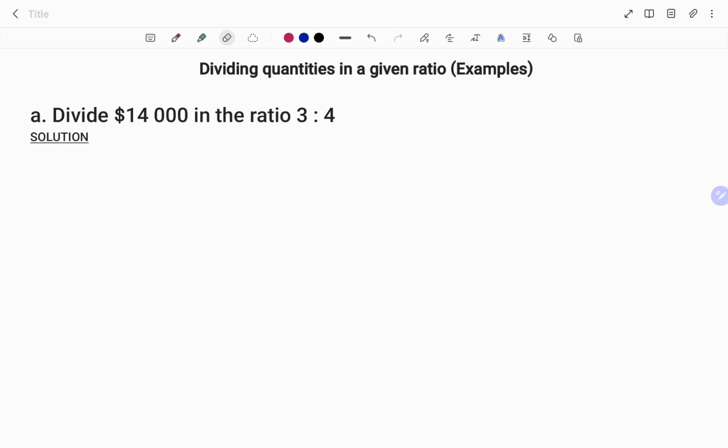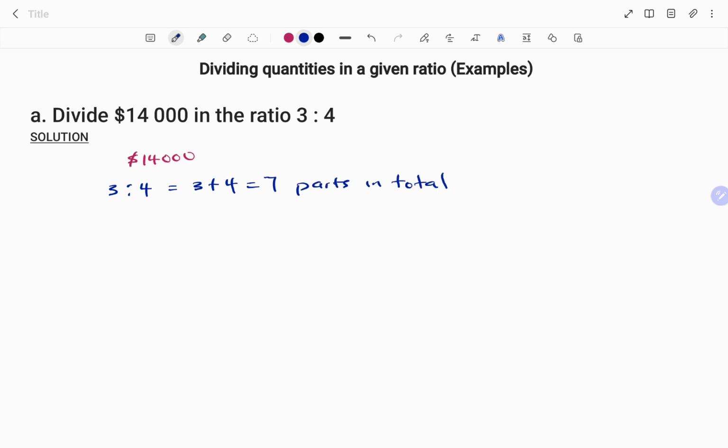Today, we're going to be walking through dividing quantities in a given ratio. In the first example, we have divide $14,000 in the ratio 3 to 4. The quantity we are dividing is $14,000. The ratio given, which is 3 to 4, is equal to 3 plus 4, which is 7 parts in